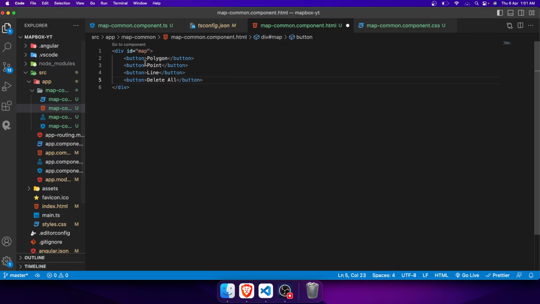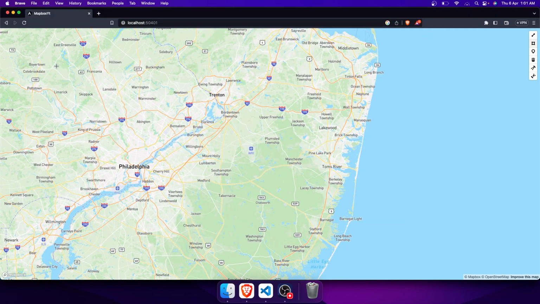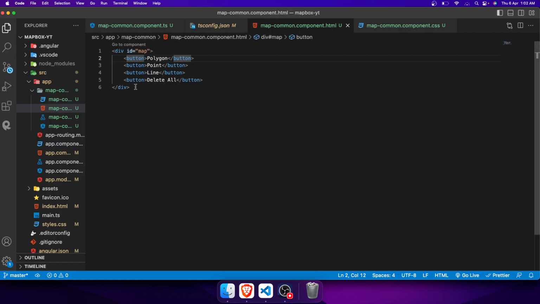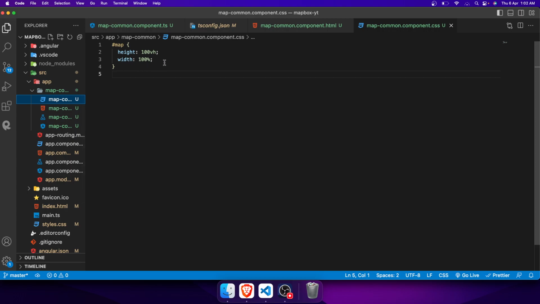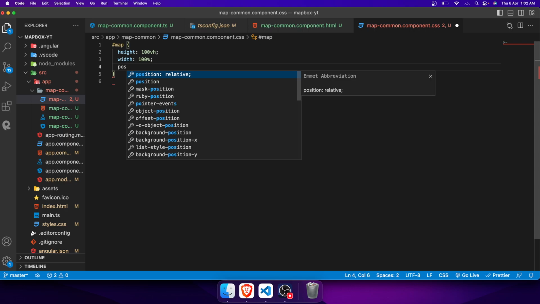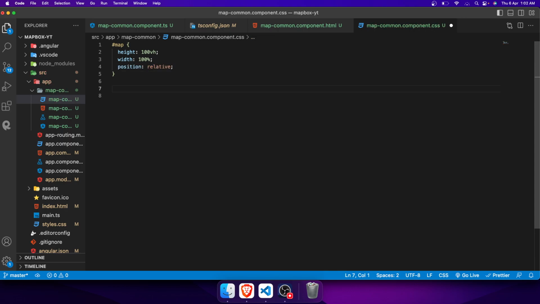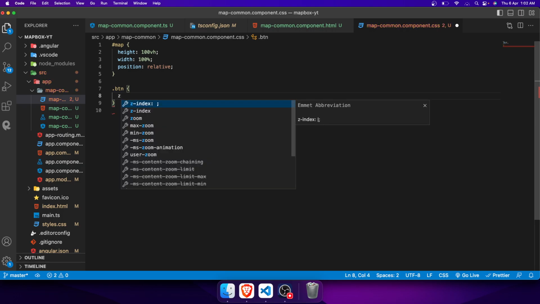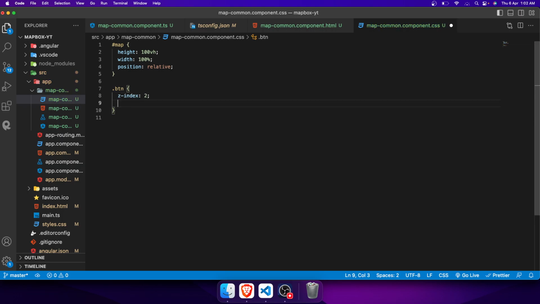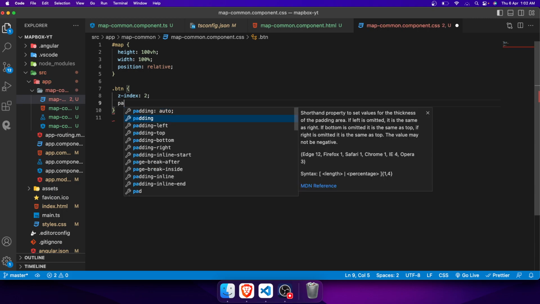Okay, so we have added these buttons here, but we cannot see these buttons because this button is hidden inside this map. For that we need to add some CSS here. We will write one CSS in map and give the position relative, and then for the buttons I'm adding a class button for all the buttons. Z index 2, and then I need a little bit of padding, 10 pixel,